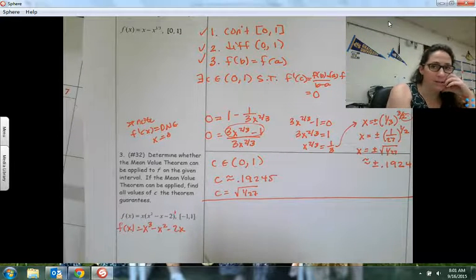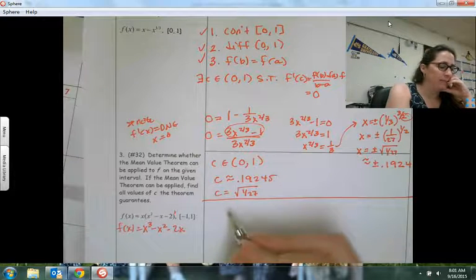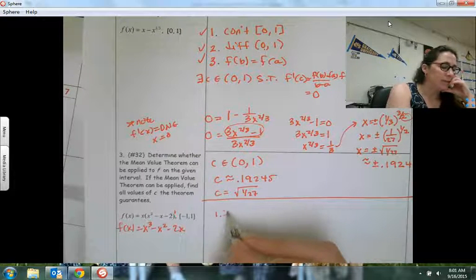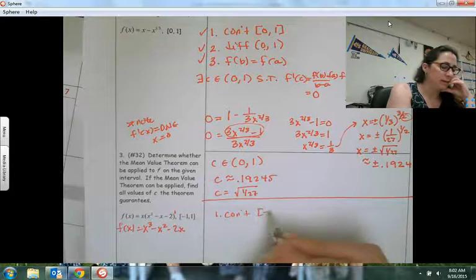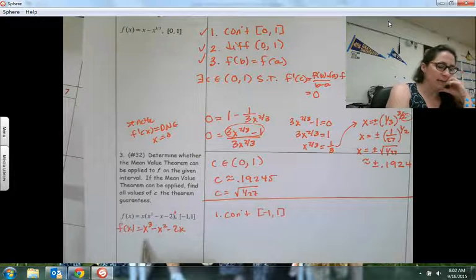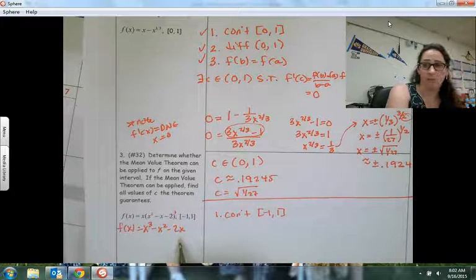Okay, so let's see, mean value theorem. I have to be continuous on the closed. And looking here, no restrictions, no even roots, no denominators, nothing, no restrictions, so we are